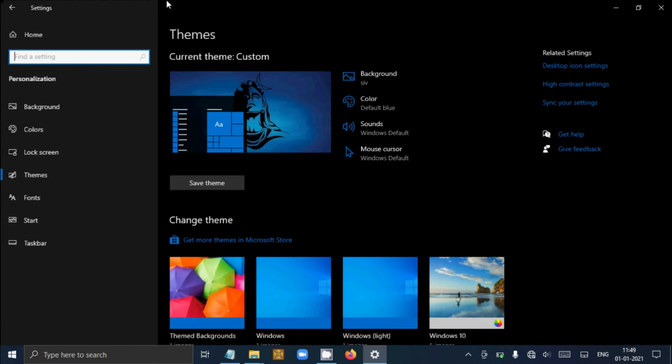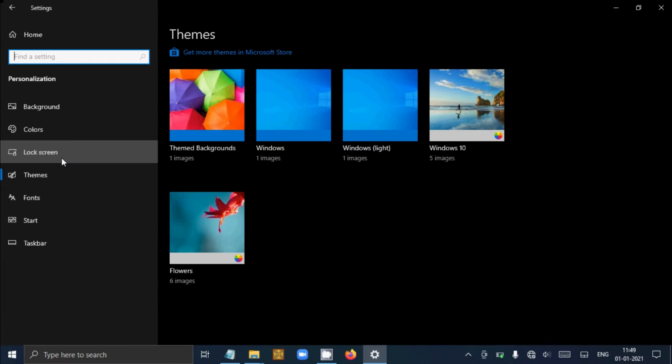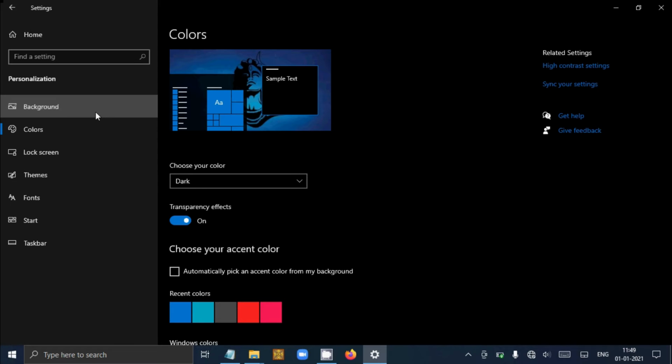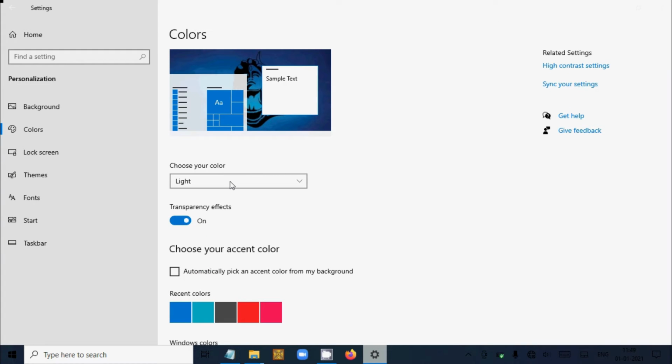Here, scroll down and choose your color. Here is light color. I love dark theme so much, that is why I am taking dark theme here.